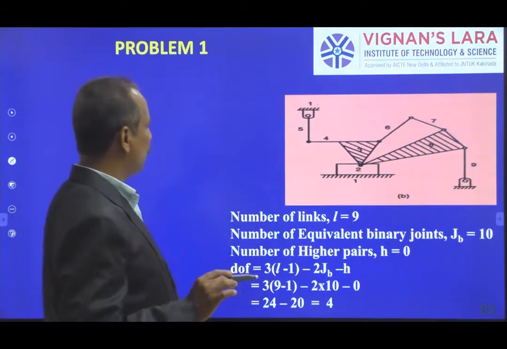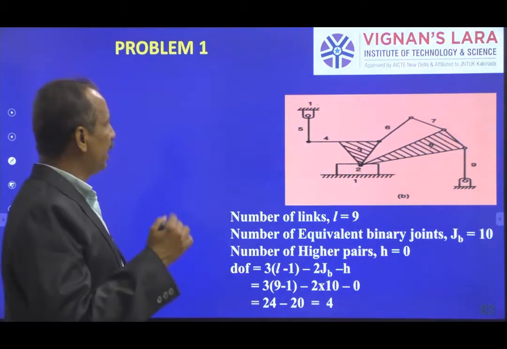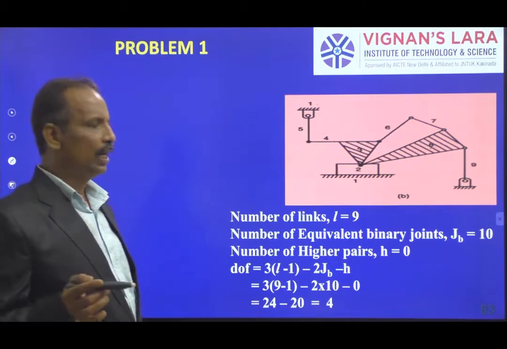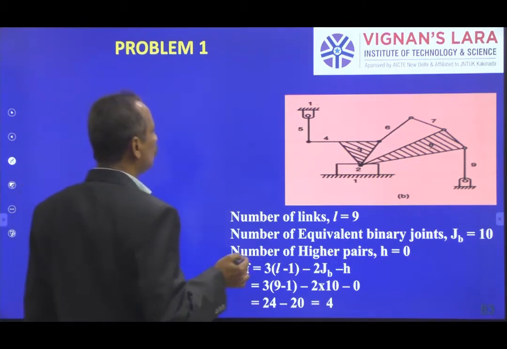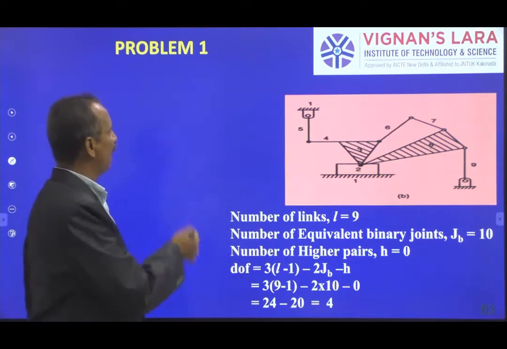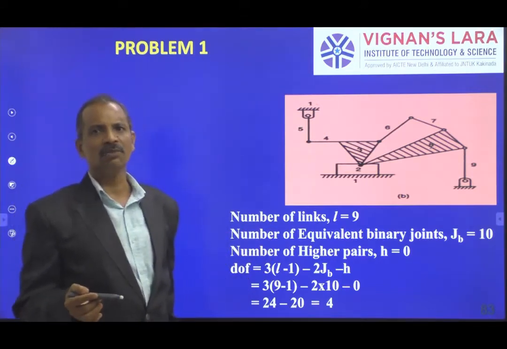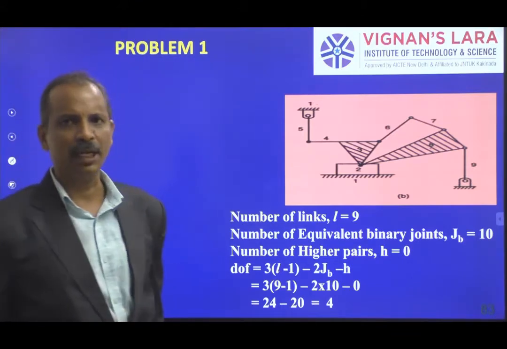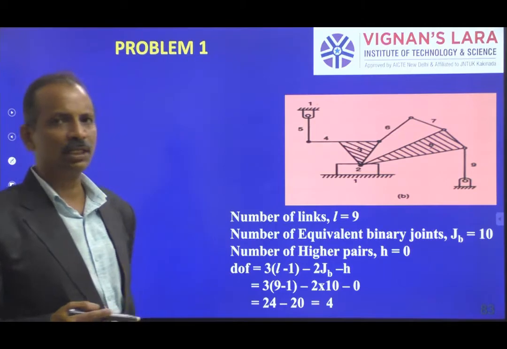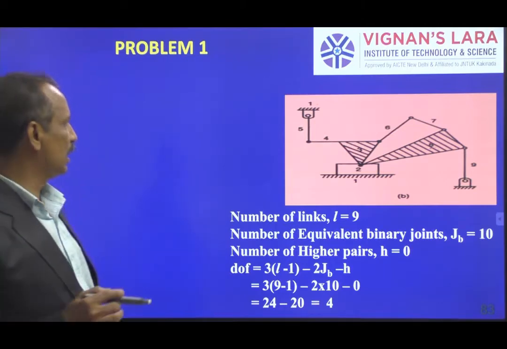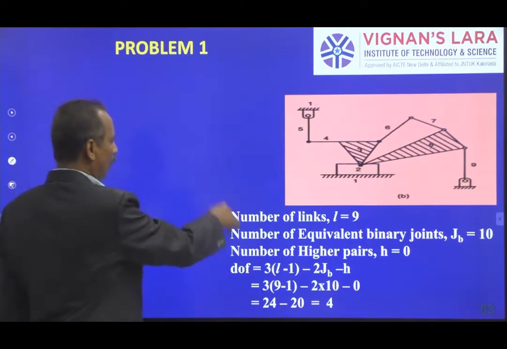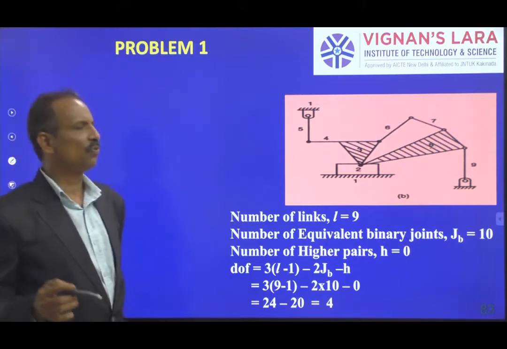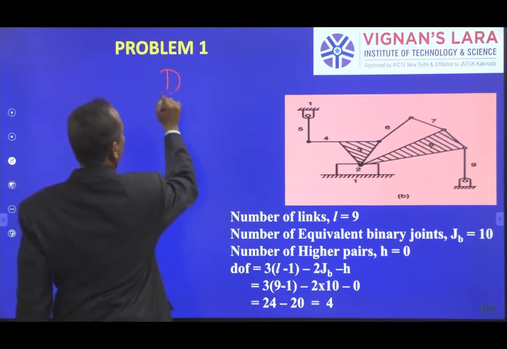So now I will explain various problems. In the same lecture, when we covered this elaborately, I showed 2-3 simple problems. Now I have added a number of problems with more complexity. That is the only difference, otherwise we are repeating the same thing, but the number of problems and their complexity are increased. For all these 6-7 cases I am showing, my objective is to find the degrees of freedom of a mechanism.